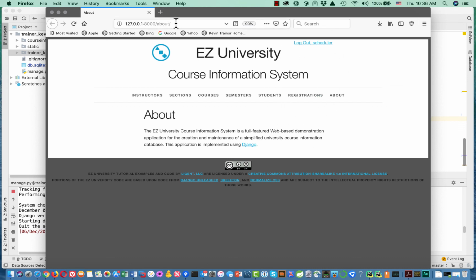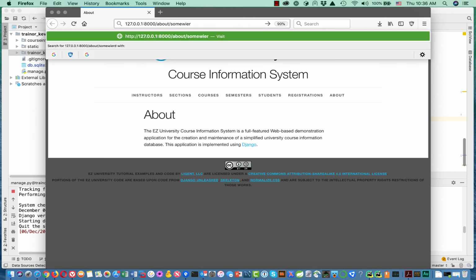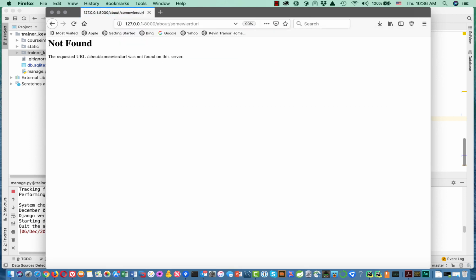Okay, now let's add some weird URL to the end of that. You just get a not found page. Okay, so this is the behavior that we want in production. Now, is this a really polite version of a 404 not found page? No, some people actually create custom pages for their application, and you can configure that. Would that give you a more friendly version of this? But in